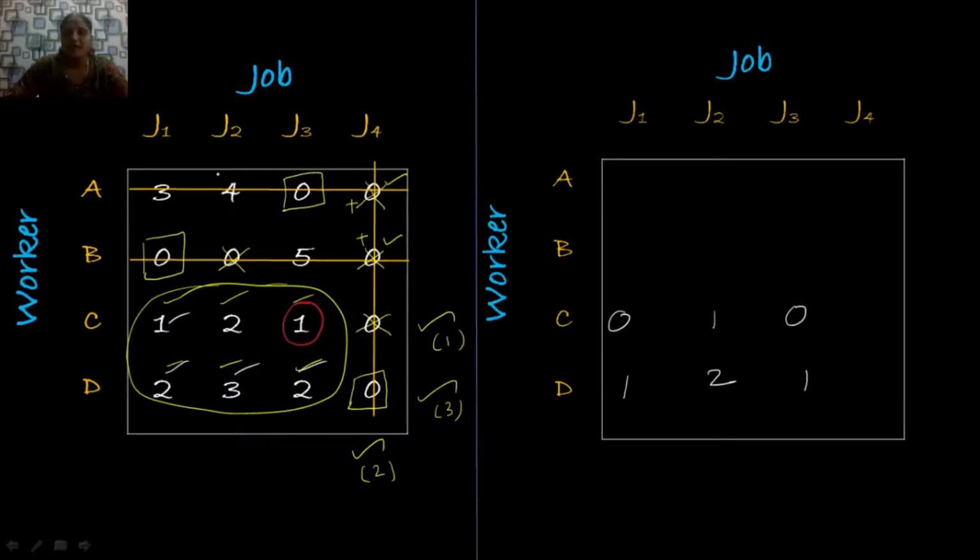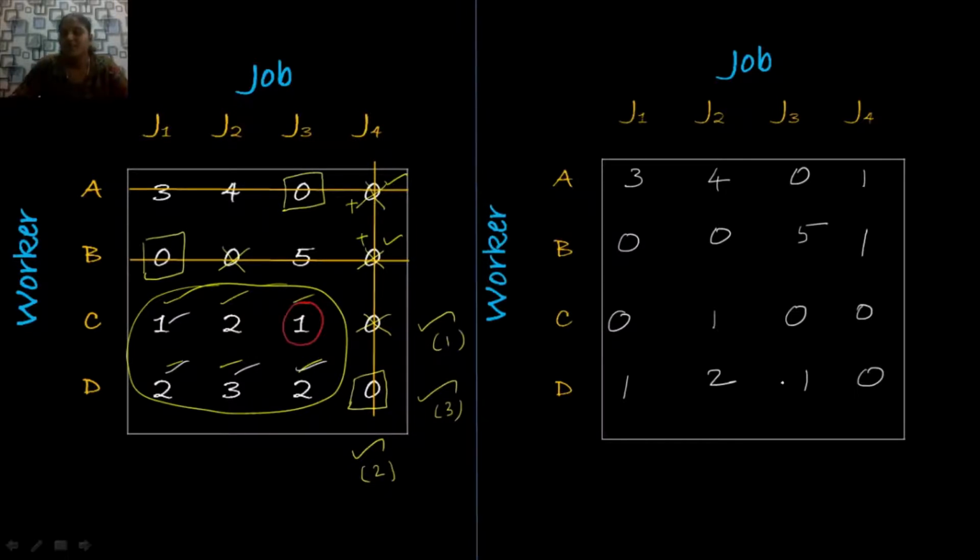And for the first row, fourth position, we have to add 0 with 1, that is 1. Second row, fourth column, here itself we have to add 0 plus 1, 1. And you have to write down the remaining elements as it is. So for the first row, 3, 4, 0, second row 0, 0, 5, and for the third row here we have 0, and for the fourth row here we have 0 element.